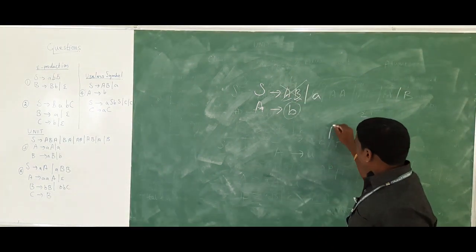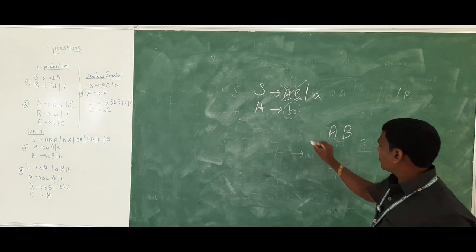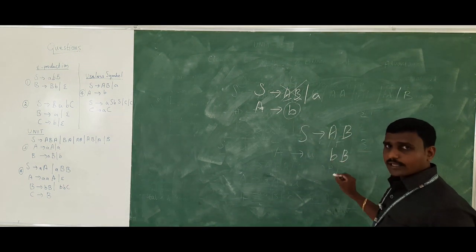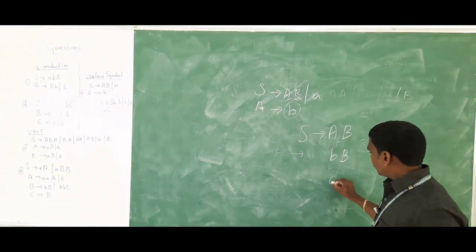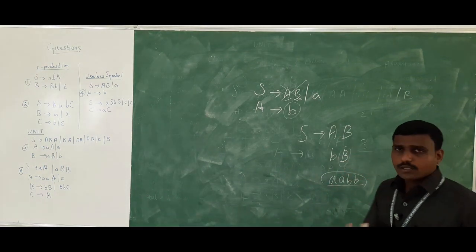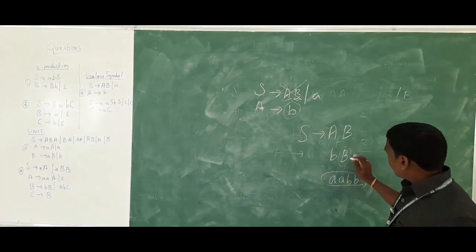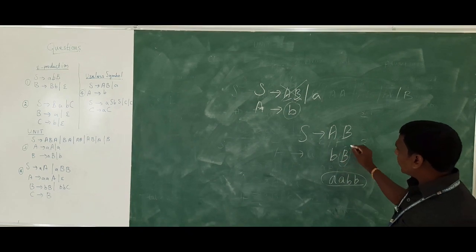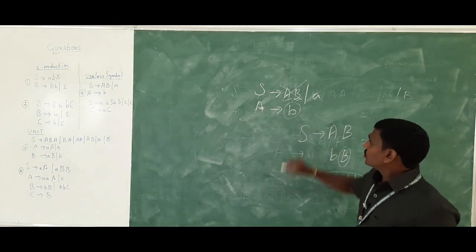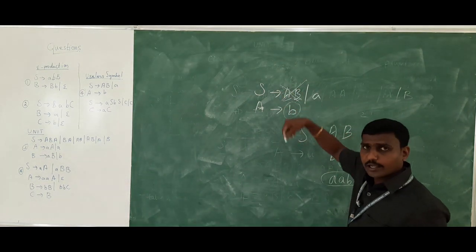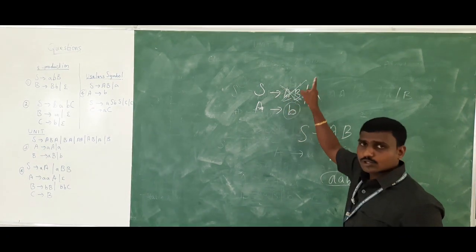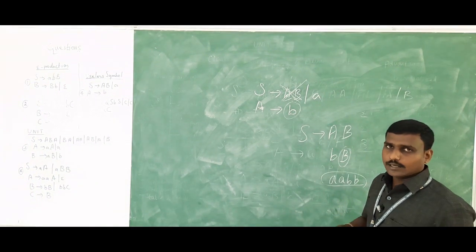Why? Because, see, if I do the derivation, S tends to AB. For this A, I can apply B. Okay, so I will get this. I cannot get a terminal string. Only a terminal string is a correct answer. If I have any variable, then that is not a correct answer. Whenever I expand this B, I cannot apply any variable or any terminal in place of B because I don't have a B production. So this is useless. So I have to eliminate the whole term. Even though A is useful, because B comes, all of it I can delete or eliminate.